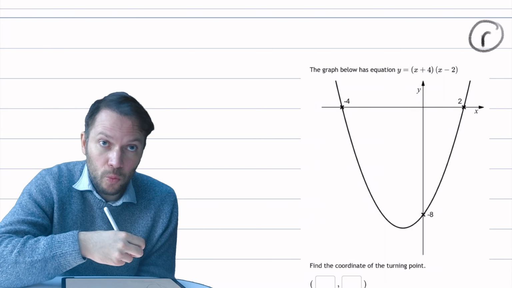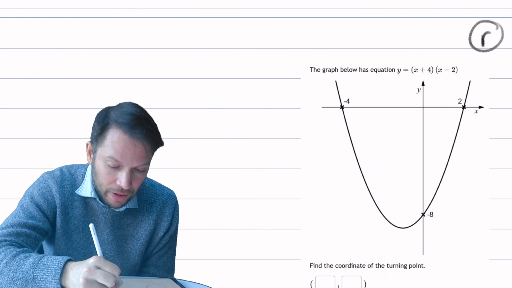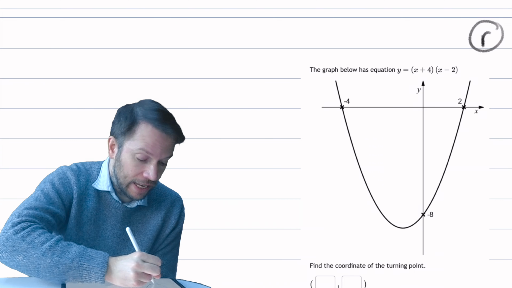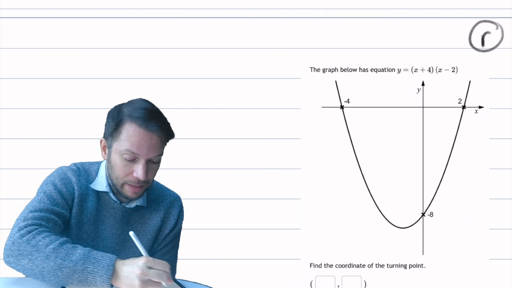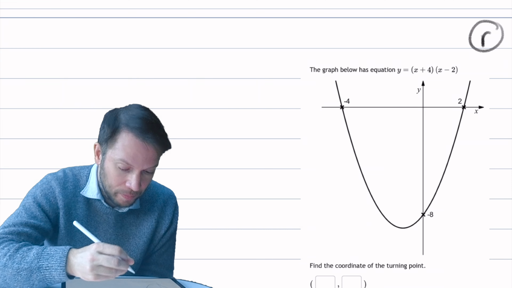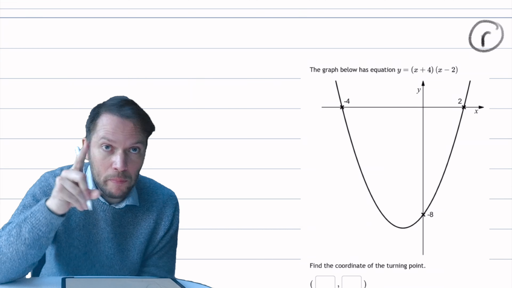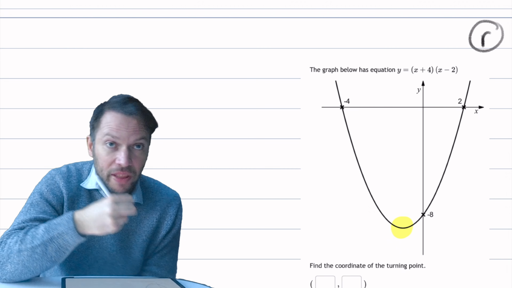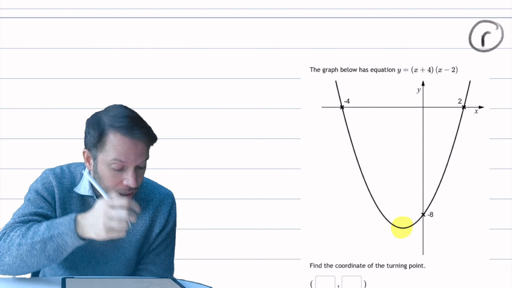Hi, in this video, we're going to see how we can find the coordinates of a turning point of a graph given a sketch of the graph, including its intercepts with the x and y axis. Now, remember, a turning point is either the minimum or maximum point of the quadratic graph. So this lowest point here, or it might be the highest point if it's that kind of shape,